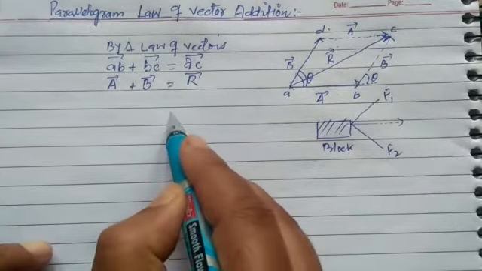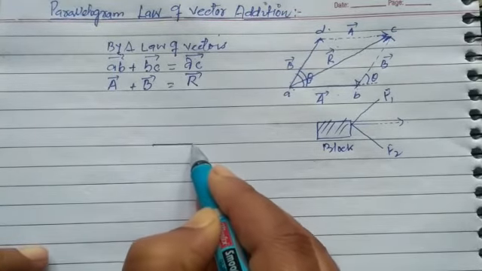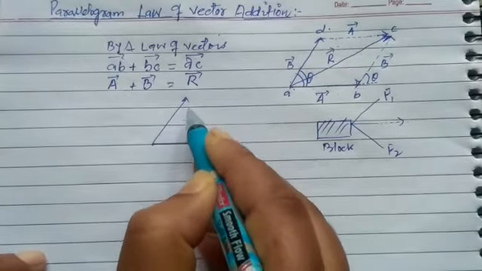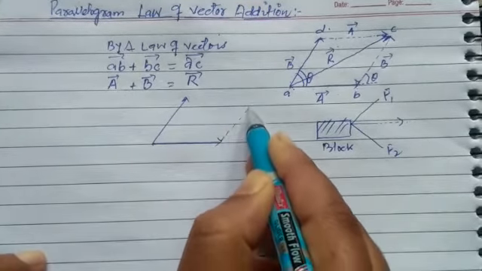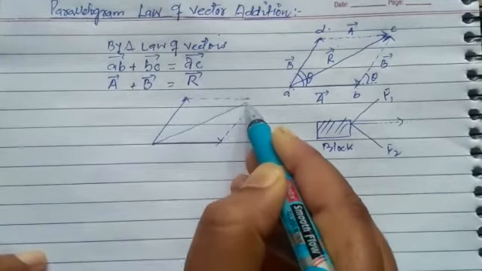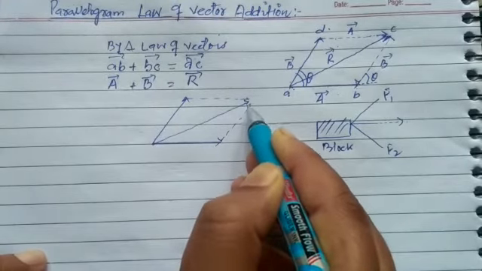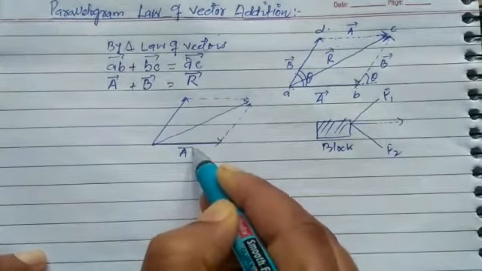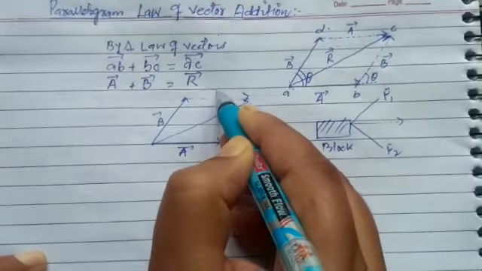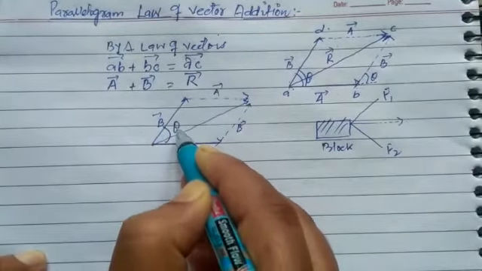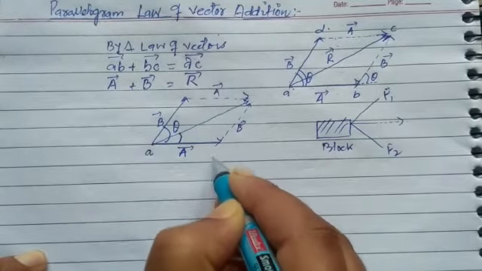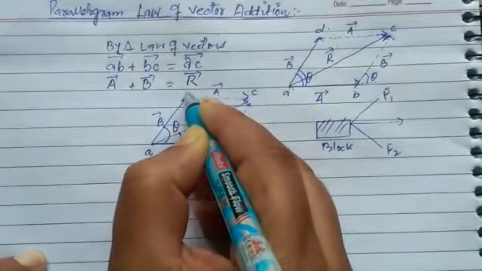Once again, I will represent the vectors. This is vector A, this is vector B, then completing the parallelogram, and this is the diagonal. Vector A, vector B, this is also B vector, this is also A vector, this angle is theta, and I will place this angle which the resultant makes with vector A. First let me name A, B, this is C, this is D.